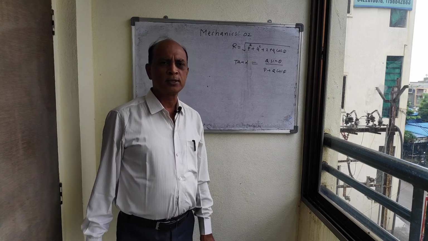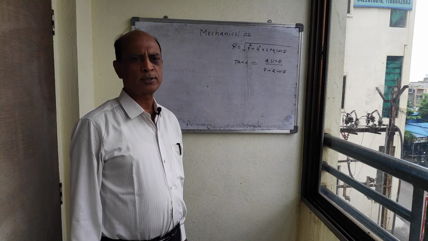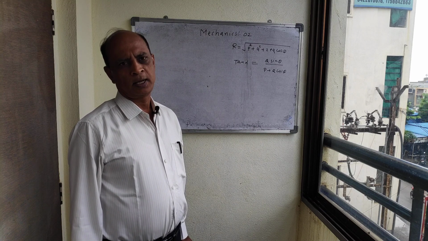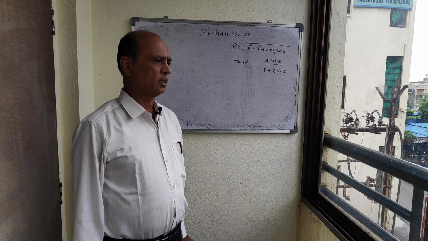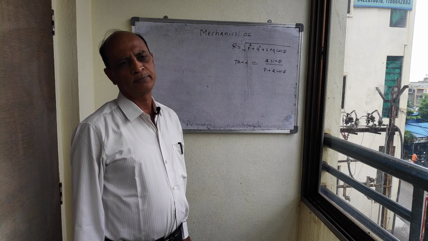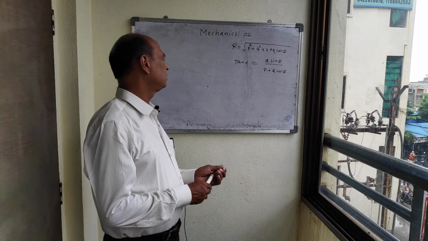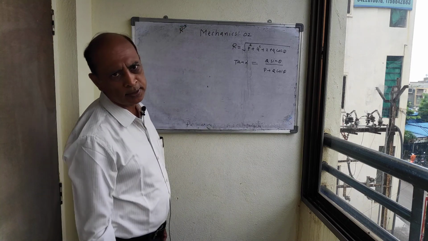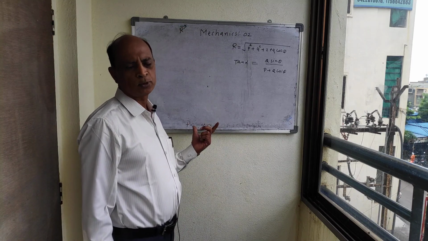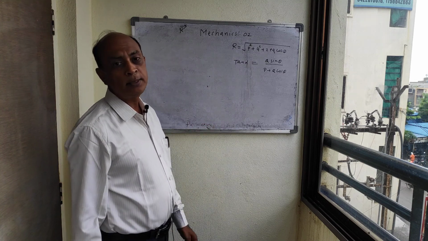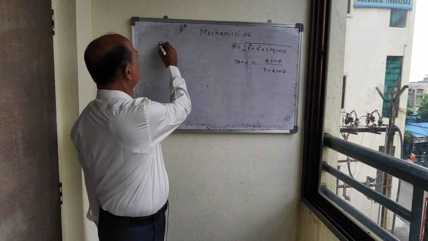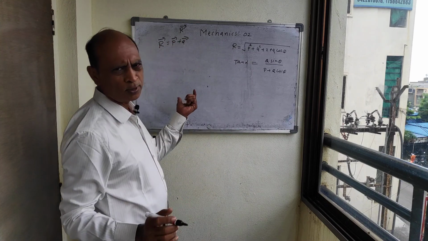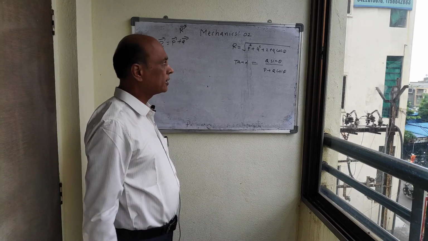In the last lecture we have seen about the resultant force, that is if two forces P bar and Q bar are acting at a point in a rigid body, and if there exists a single force R bar such that the effect of this R bar is the same as the net effect of all these forces, that is said to be the resultant of these forces. And we say that this R bar is equal to P bar plus Q bar; any number of forces, just this is the example of P bar and Q bar.